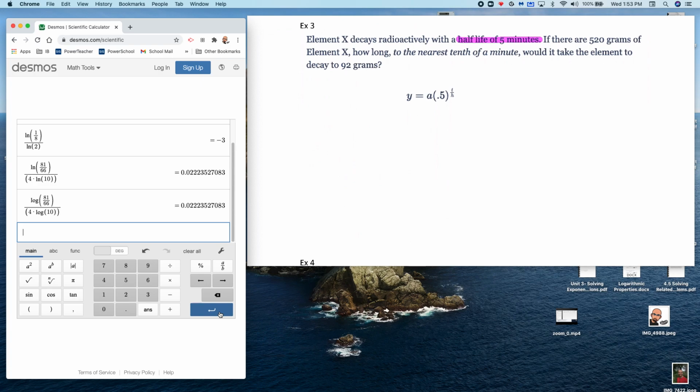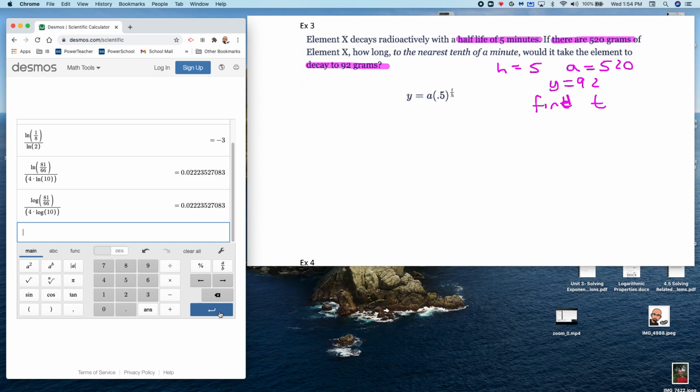That means H is equal to 5. We're also given that there are 520 grams, which means A is equal to 520. The question is asking, how long would it take to get down to 92 grams? That means y is equal to 92, and the question is to find